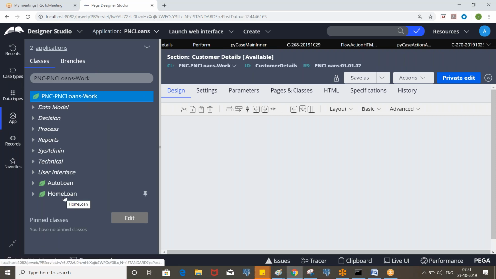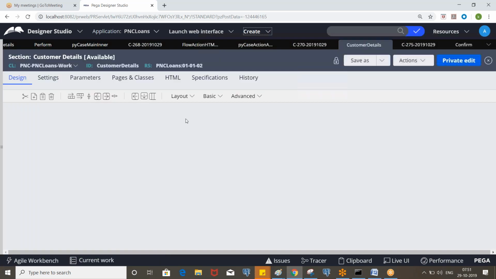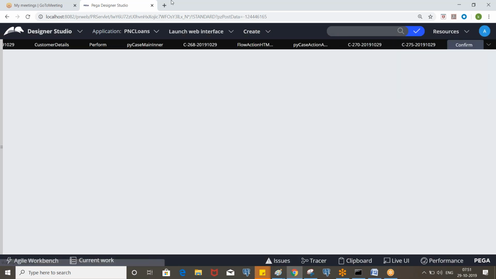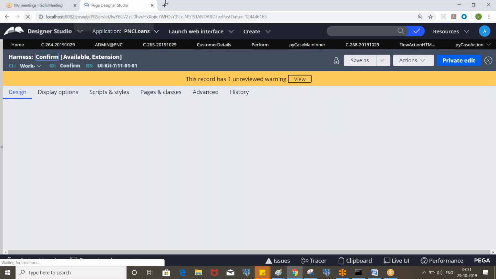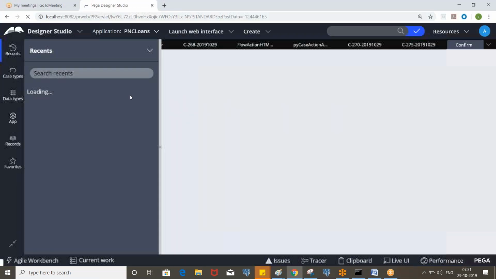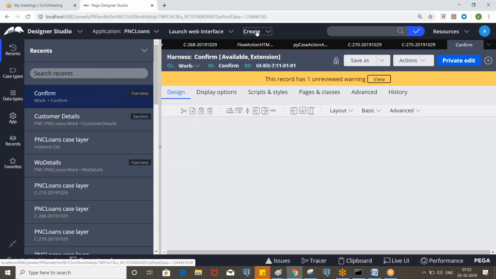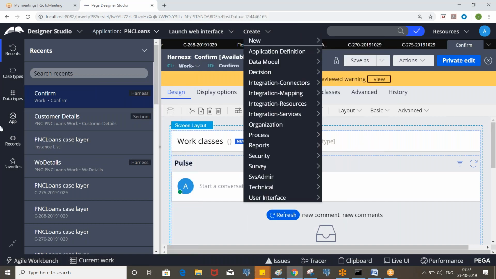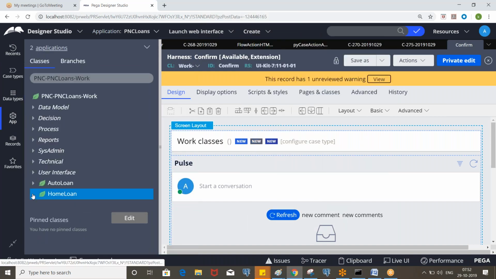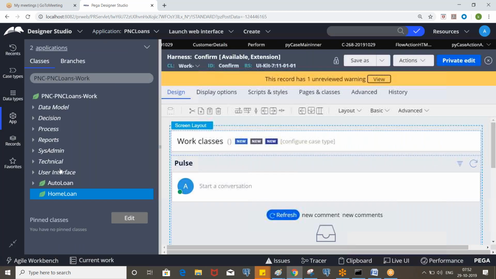If you look at home loan or auto loan, we don't need to maintain each screen as a separate assignment. Let me refresh it. Let me open the home loan.